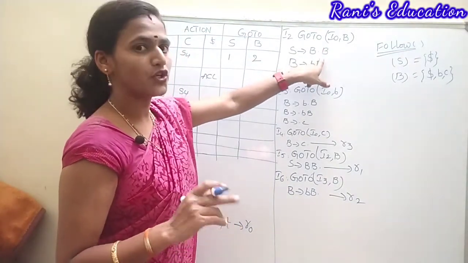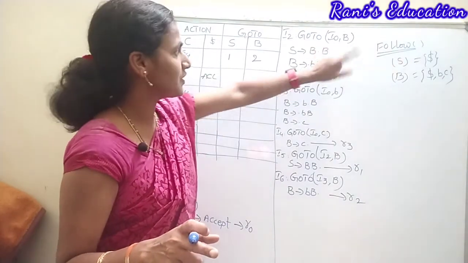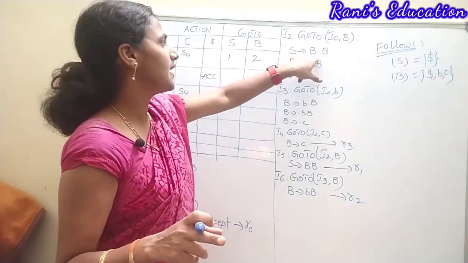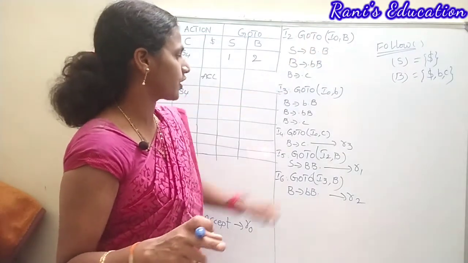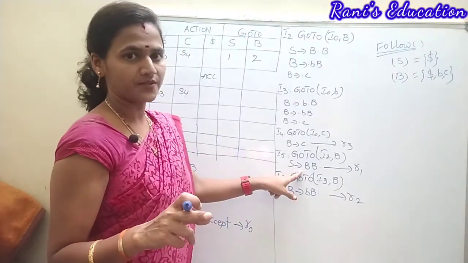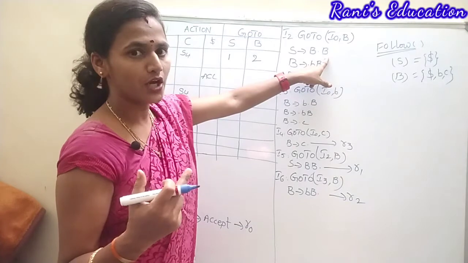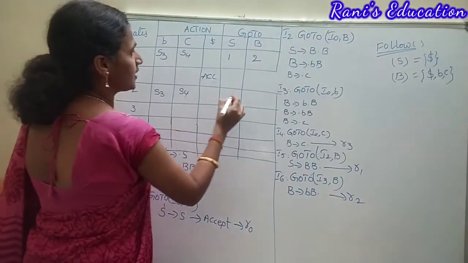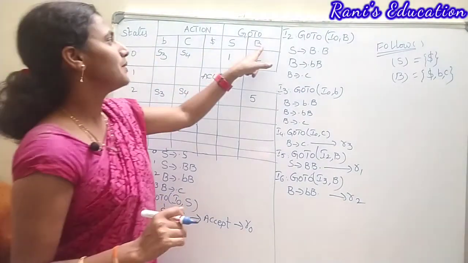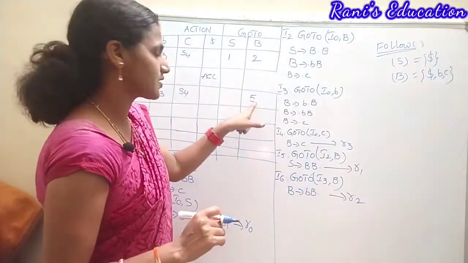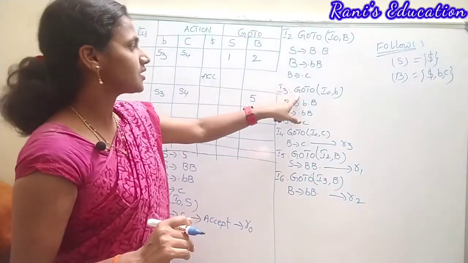Now, we still have one more production in I2. Here we are going to apply go to part. So dot B is changed to B dot. In which item? S to B dot B, where it is going to be shifted to B dot. In which item? The fifth item. So for which non-terminal have we used the go to part? That is non-terminal B. Under non-terminal B, you are going to write the number 5. That is, dot B is shifted to B dot, in the fifth item. Right? Now move on to the third item.